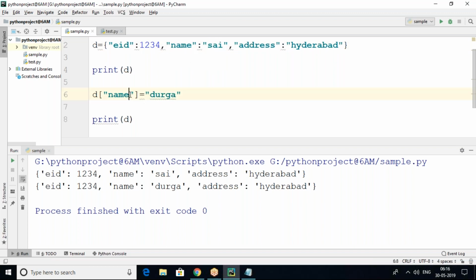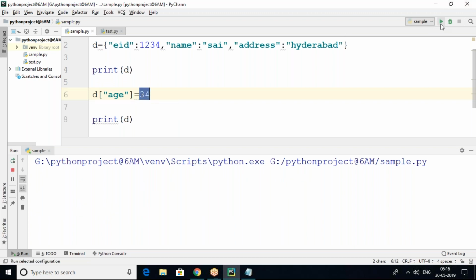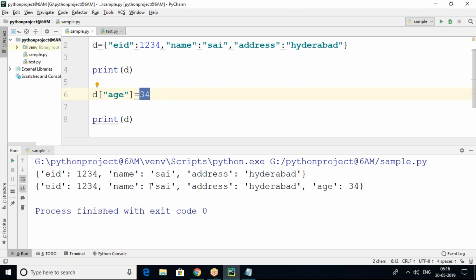If, for example, my key is not there, say age is not there. Do you have an age key in your dictionary? No. So this time a new key value pair is added to the dictionary. Key is age, value is 34. EID, name, address, age. Look here, a new key value pair is added.